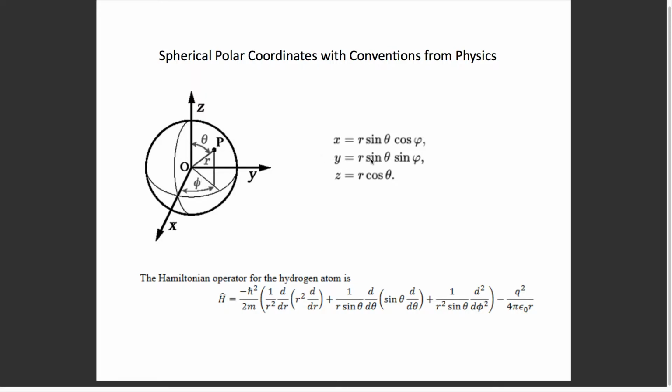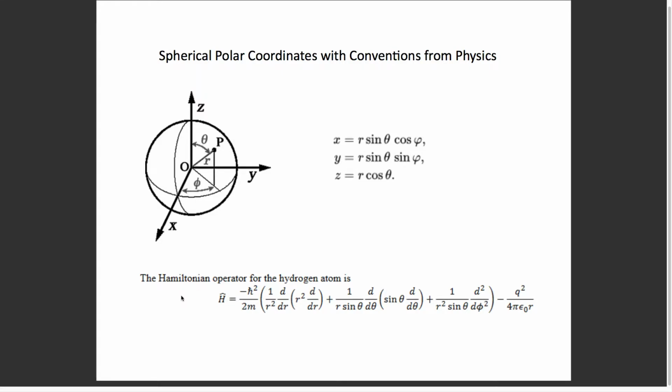And the y component is r sine theta sine phi, because the y component of this, right, which is this piece here that connects the angle, that's the opposite of the hypotenuse. The opposite is y, the hypotenuse is r sine theta again. So x is r sine theta cosine phi, y is r sine theta sine phi, and z is r cosine